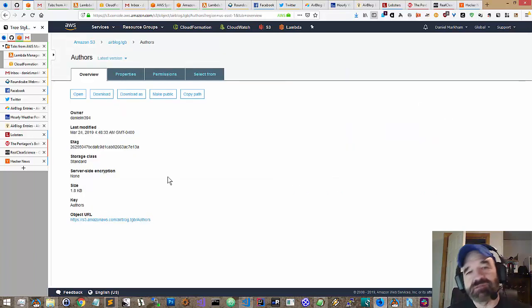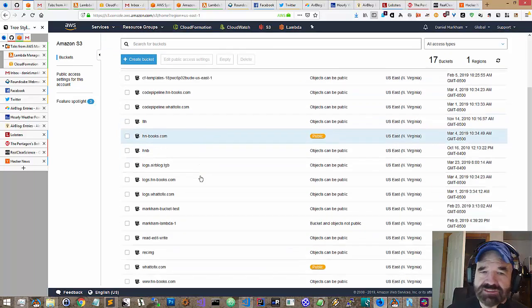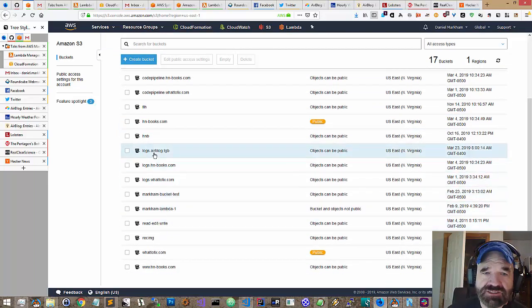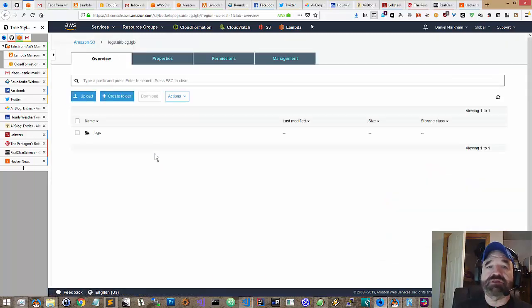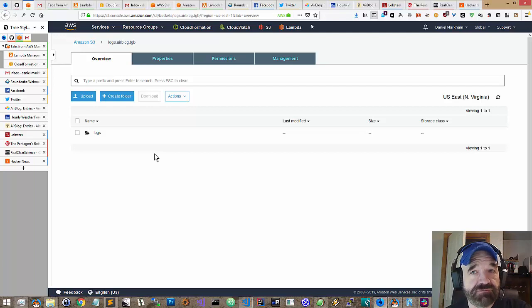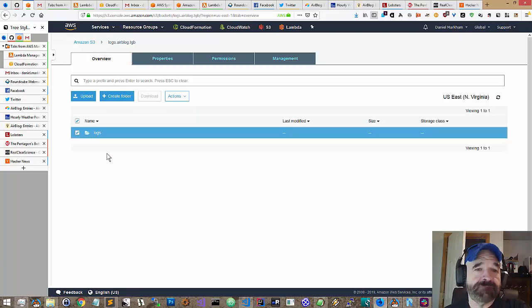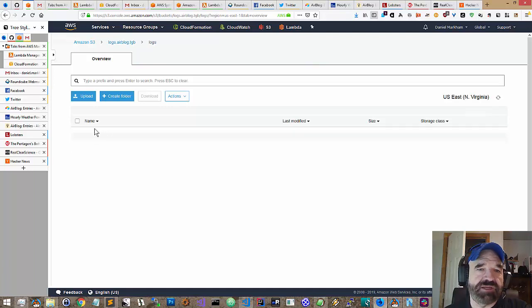Here's the authors. Oh yeah, the other thing, another gotcha that was non-intuitive. I've got to show you this because this hurt for a while. When I first started using S3, I'd set these logs up. So here I've got a logs.airblog bucket. So when I showed you the CloudFormation stack, I said, okay, here this bucket's going to be for the web page stuff, and then this bucket will be for logs for that bucket. Well, I set the logs up,